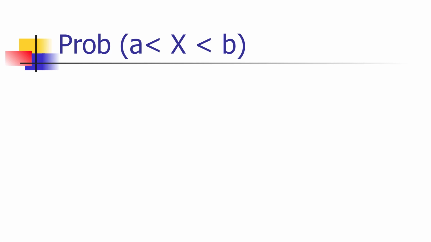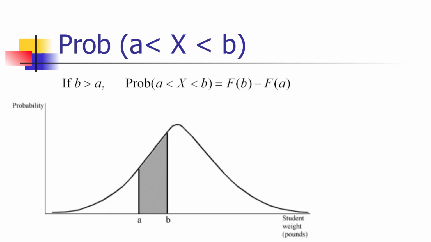Similarly, if we want to find the probability that a random variable falls between A and B, where of course B is greater than A, we can measure that by just taking the cumulative density function evaluated at point B and subtracting the cumulative density function evaluated at point A. Looking at this diagram, imagine all the area shaded to the left of point B, and that's the CDF at B. Then we subtract from that the amount to the left of point A, and what we're left with is that gray shaded area in this diagram, which is the probability of being strictly between A and B.